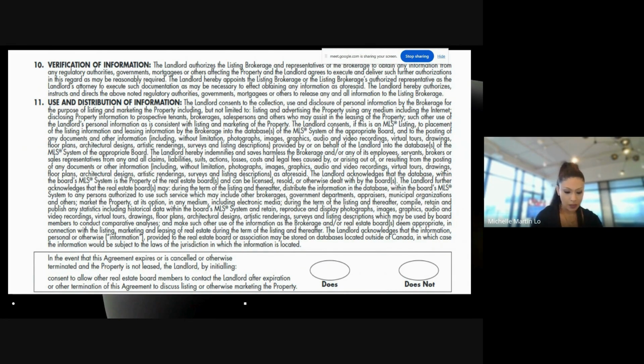Okay. What else? Are we moving on now? Yeah, number 11. The verification of information, that we have to get consent from the seller to actually have their information out there. Like, can we post that we're selling this condo or this house, and put their information,